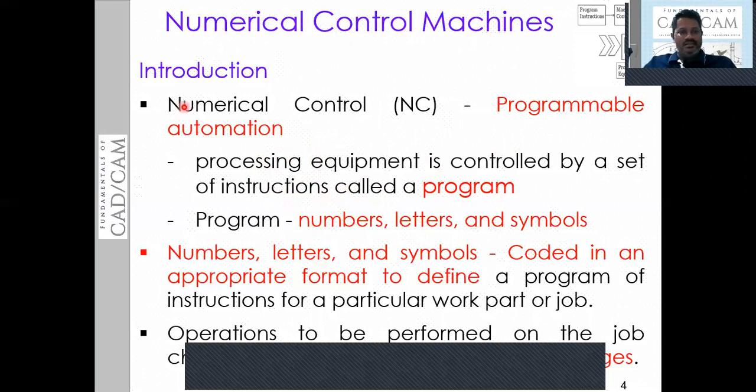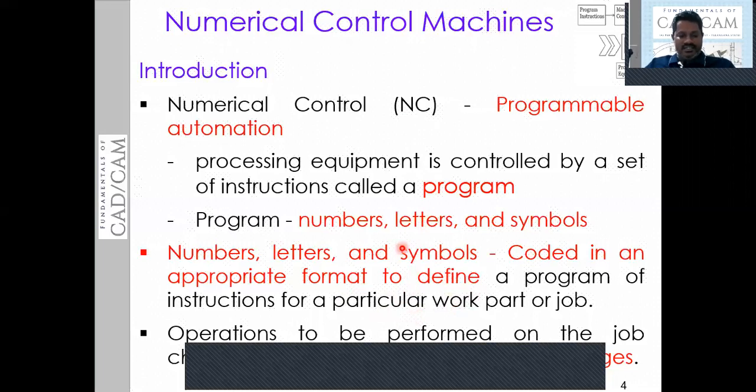I repeat this, numerical control is a machine which is controlled by a program of instructions which includes the numbers, letters, and symbols. Numbers, letters, and symbols are coded or arranged in a definite format, which in turn we can call an instruction.